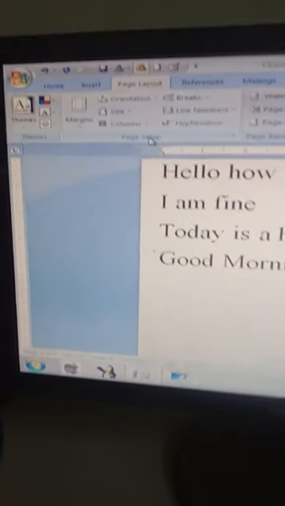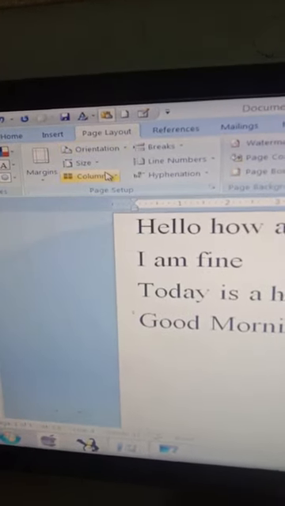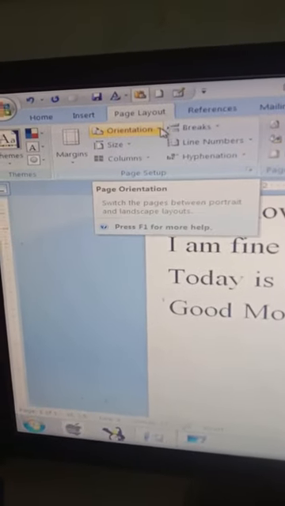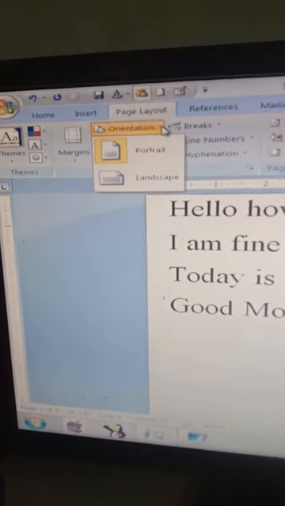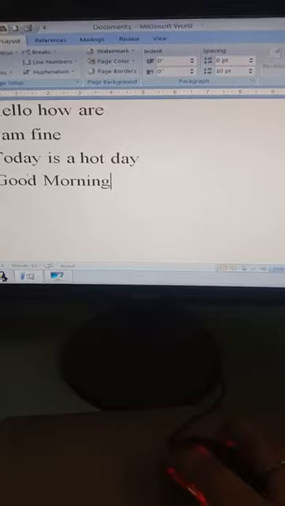From the page layout to page setup, and from the page setup to orientation. Here we are moving to the orientation. By default, the orientation is portrait. Now as soon as I click on landscape, look, the page got converted to landscape.